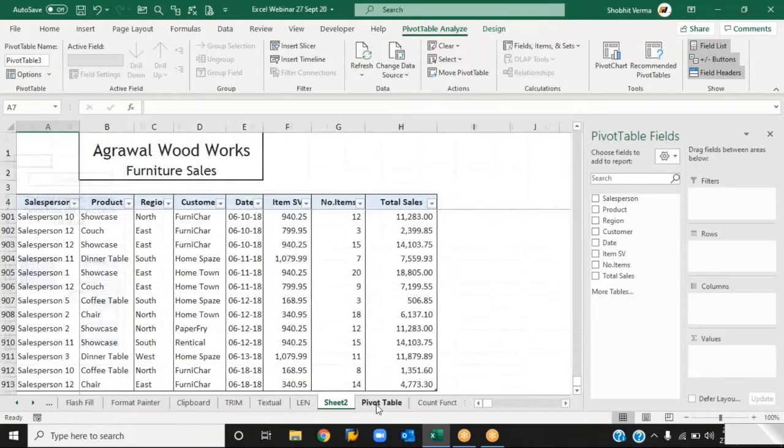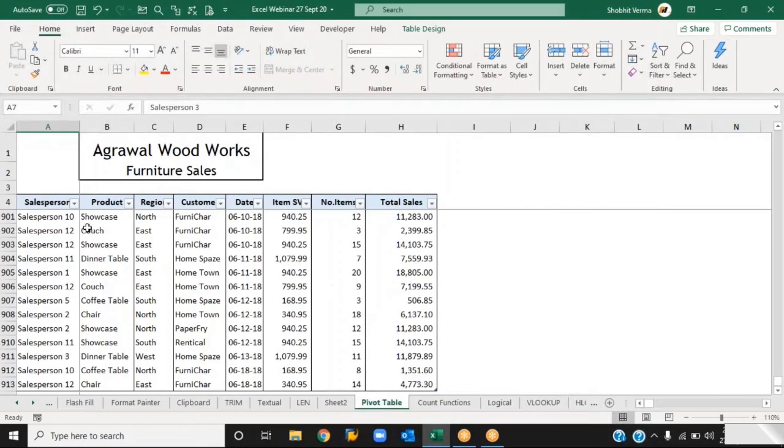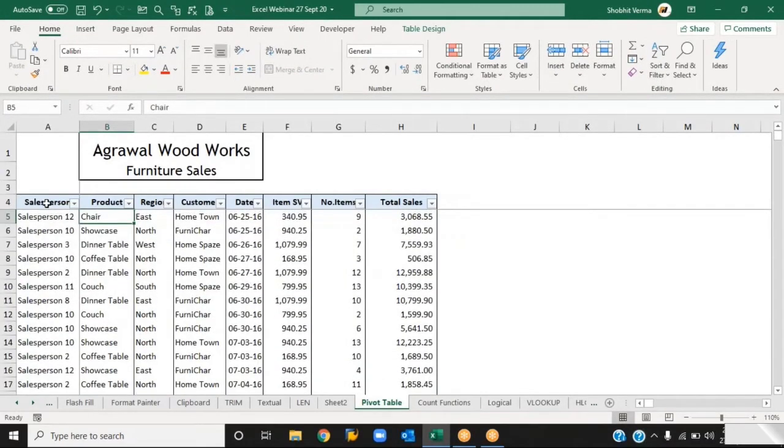The main condition before preparing a pivot table is that all your columns should have a valid heading. If you don't have a heading, like if I put 0, it automatically comes as Column 1 because I have created it into a table.